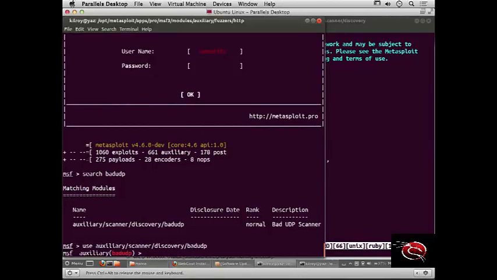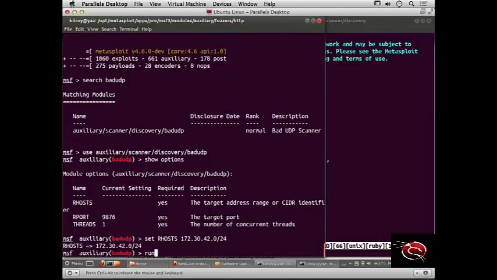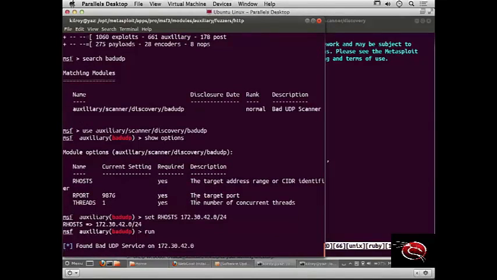And now if I do show options, I'll see the remote port as one of the options, and of course remote hosts is always one of the options. I'm going to leave the port alone and set our hosts to be 172.30.42.0/24. Now all I have to do is run, and it's going to scan through all of the hosts on